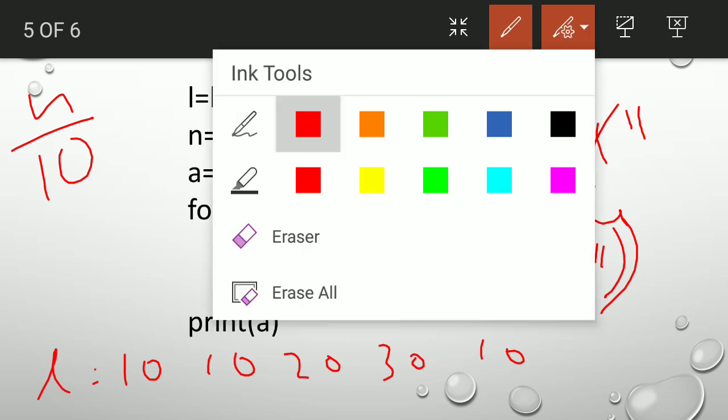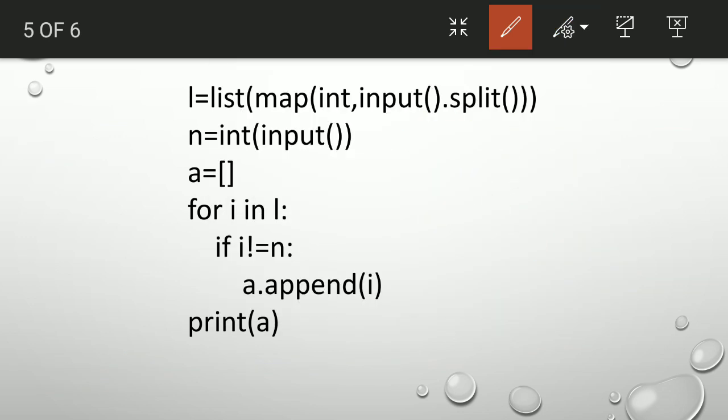If we want to display anything, it is written inside the parenthesis, within the quotes. So here we write Enter the element inside the quotes.